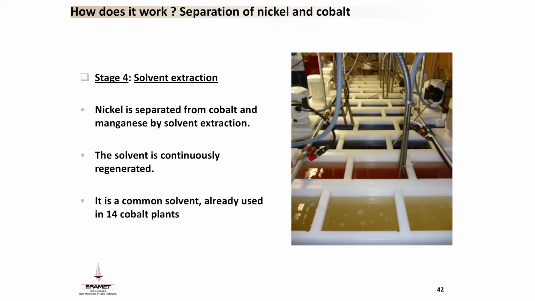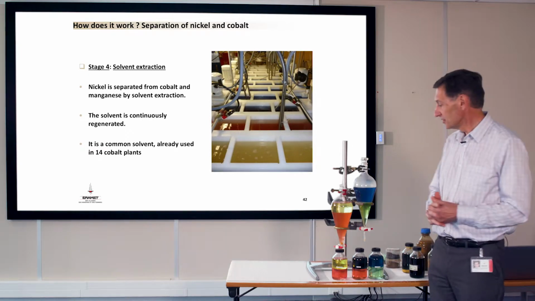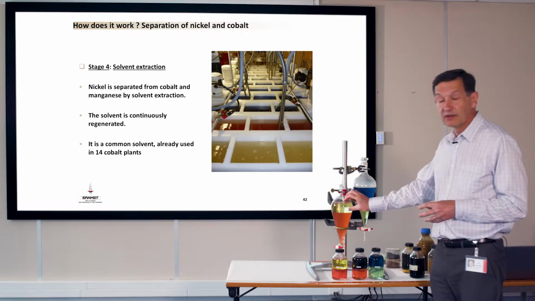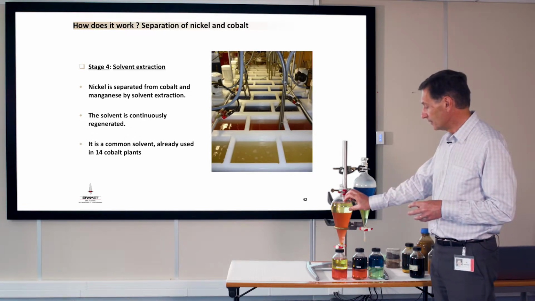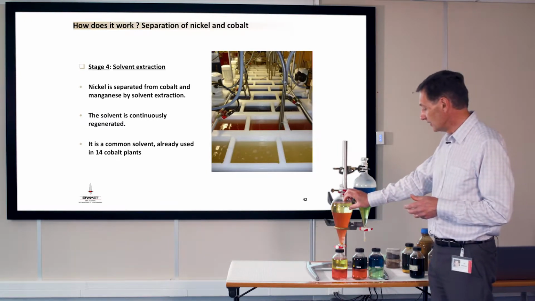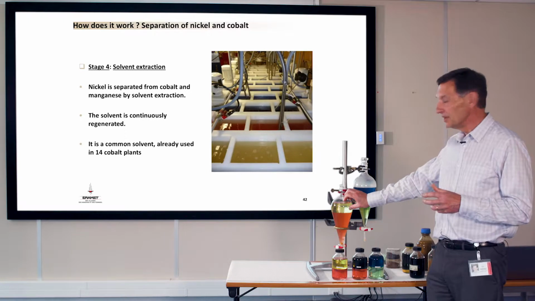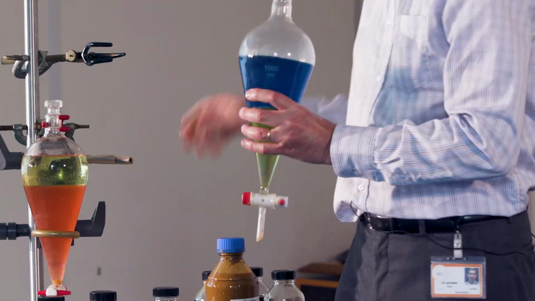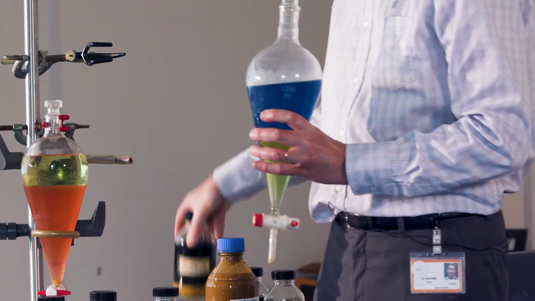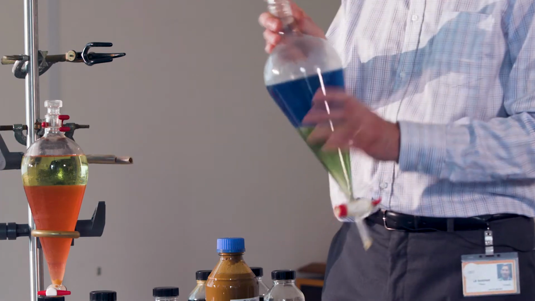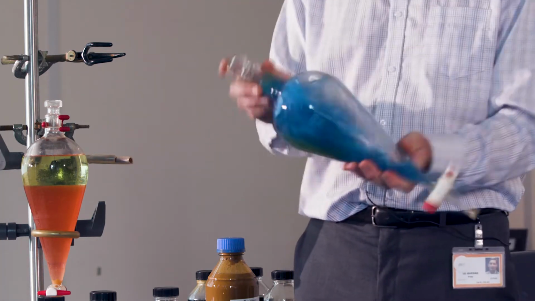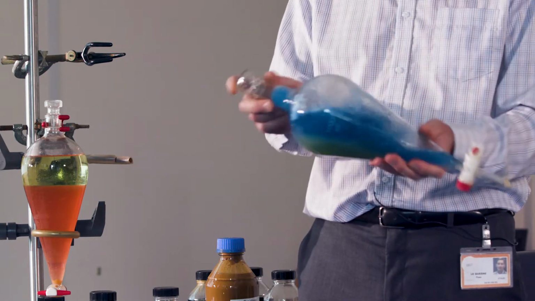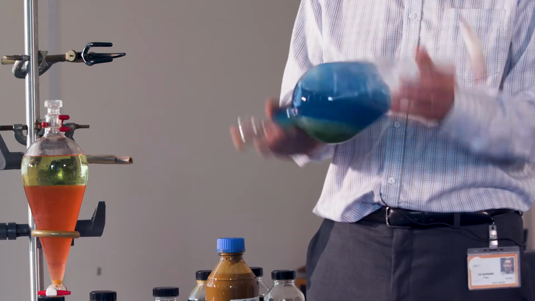and then the solvent extraction. How does solvent extraction work? You have specific organic phases with a specific material in it that could recover selectively nickel and cobalt. You take this organic phase and mix it with the aqueous phase, the pregnant leach solution, and during the mixing there is a transfer of cobalt and manganese from the aqueous phase to the organic phase,